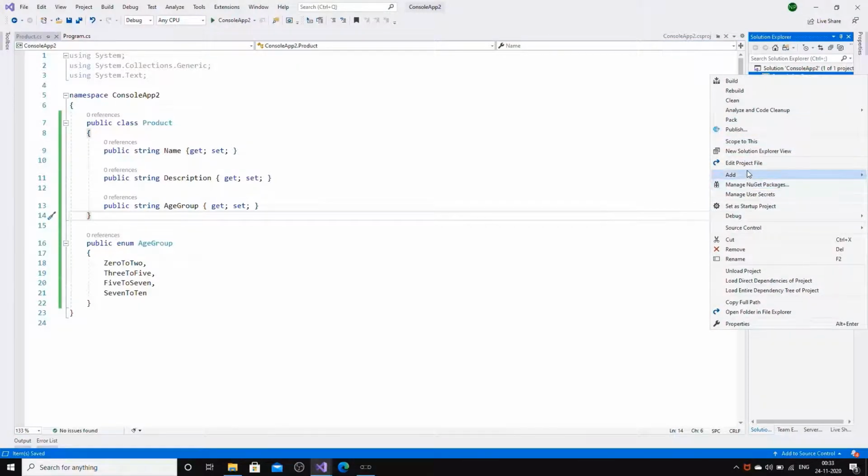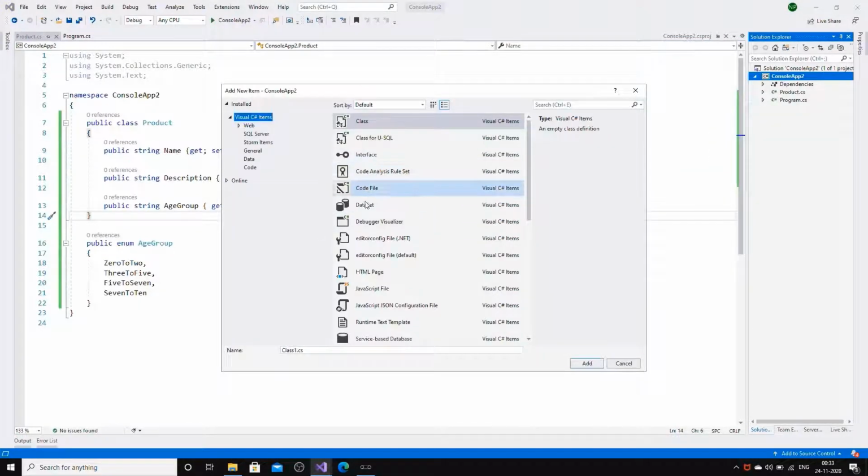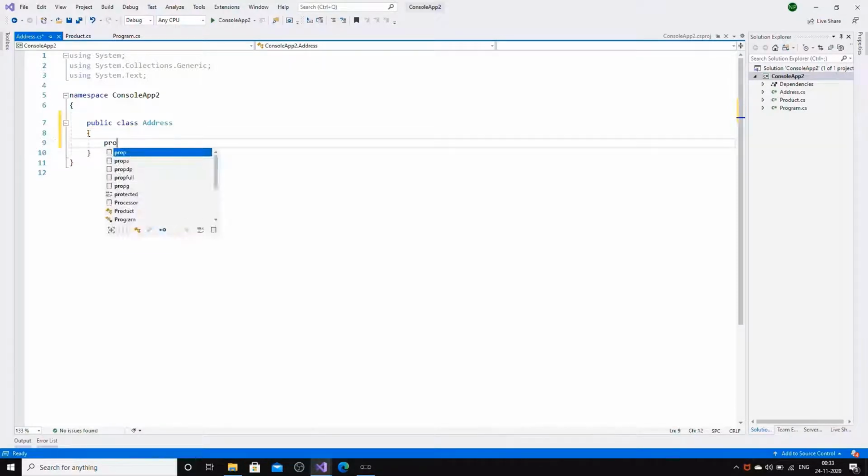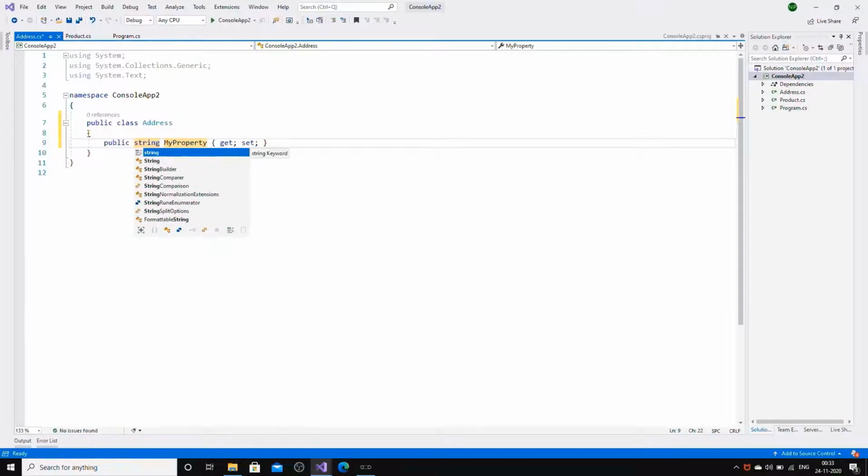Now I will go and create one more class named address, and this will have two properties: address line 1 and name of the state. So let me define it here.